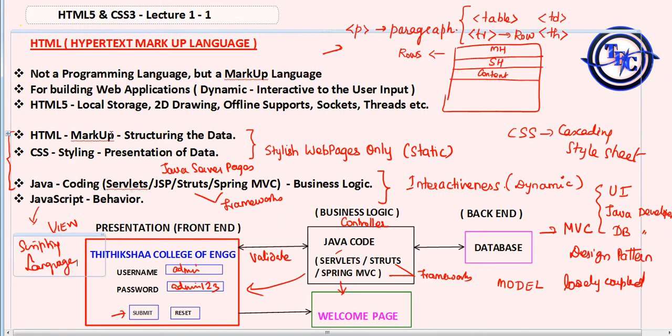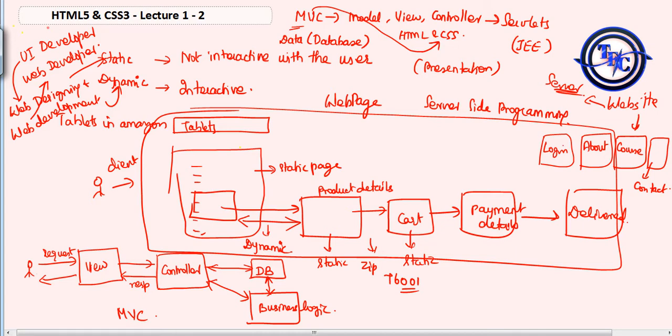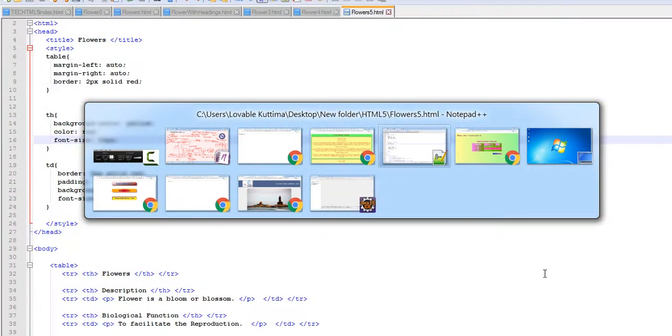Okay, so that's all we have seen, right? Now I'll show you the output for this with the help of server-side programming. You should know one thing: whatever we have seen are nothing but static pages, not dynamic pages. A dynamic page has to be interactive with the user, that is, the user gives some input, this input is manipulated, and then you get the response. We will see an example, and I'll show an example for the static page also.